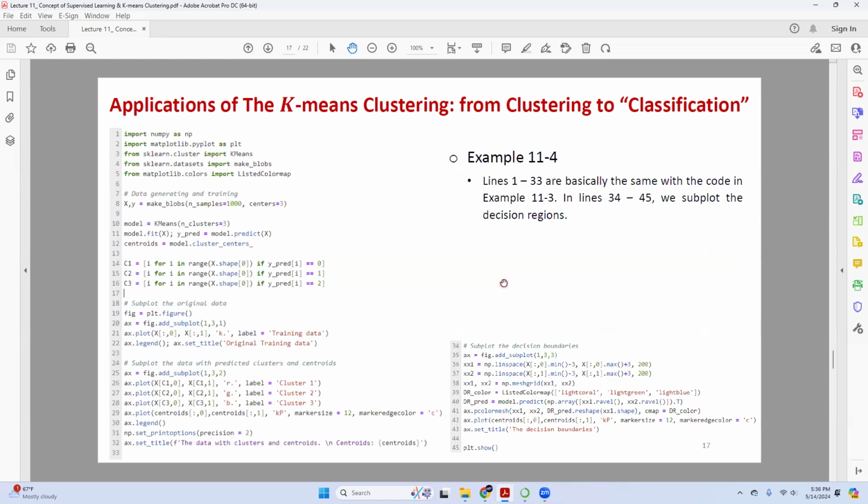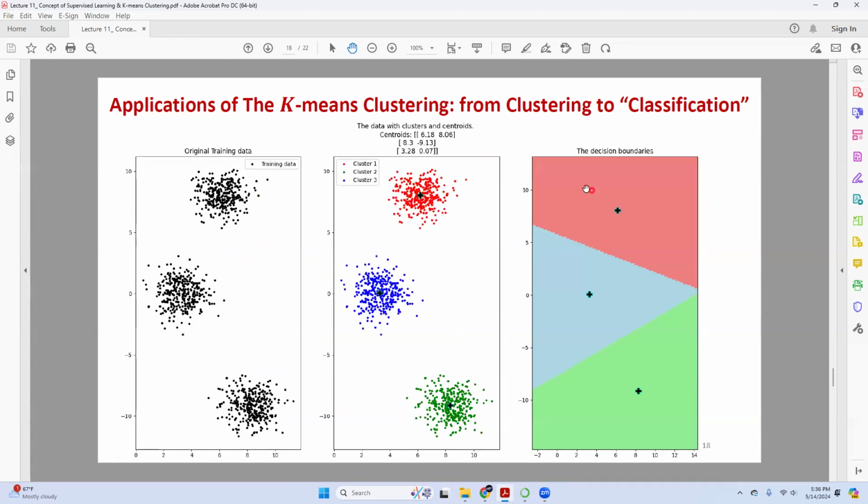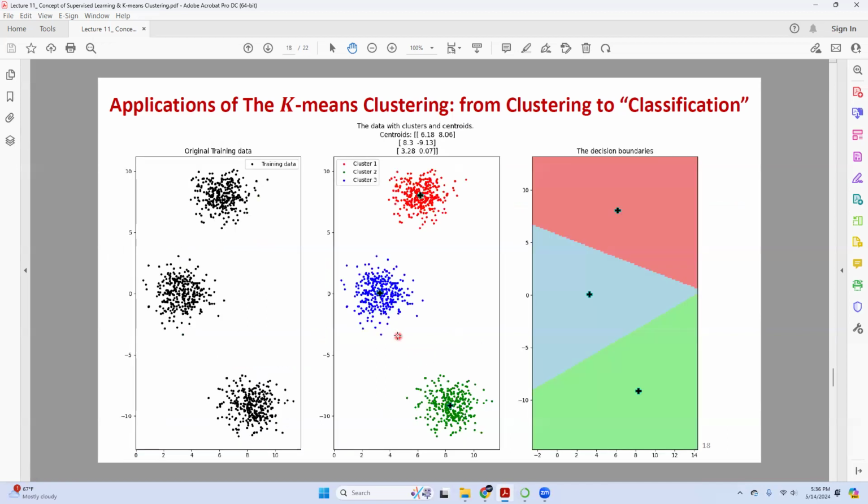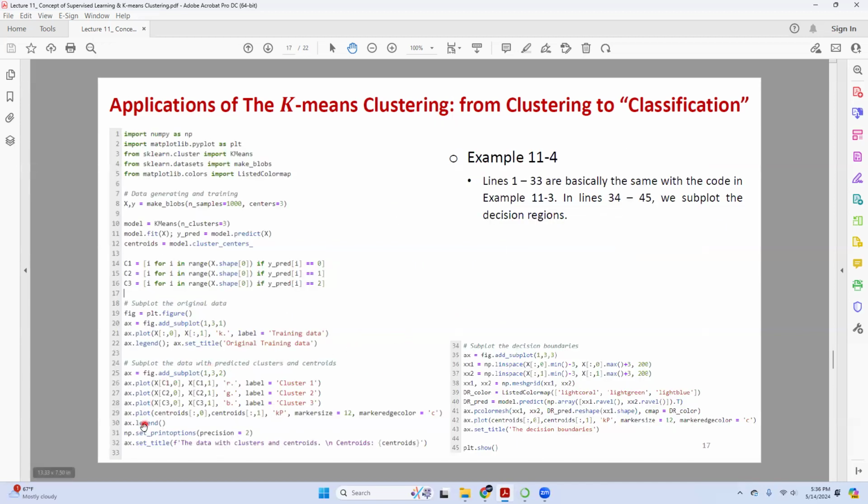Okay, as another example, what I'm doing here is simply to plot this one. Wait, what did I do here? Where's the p color? Why do I feel that this code is wrong?